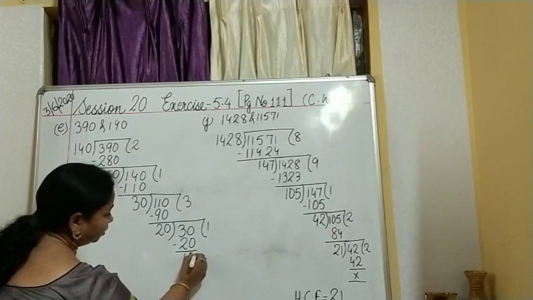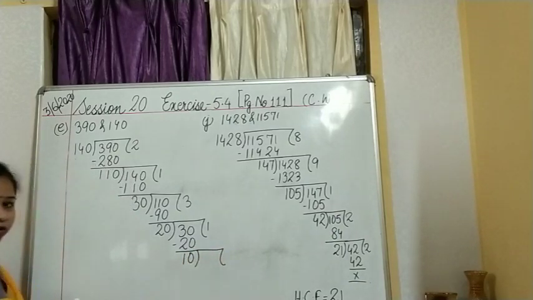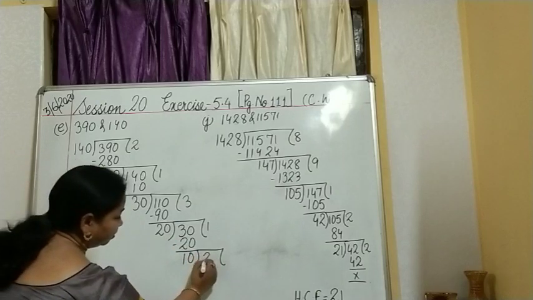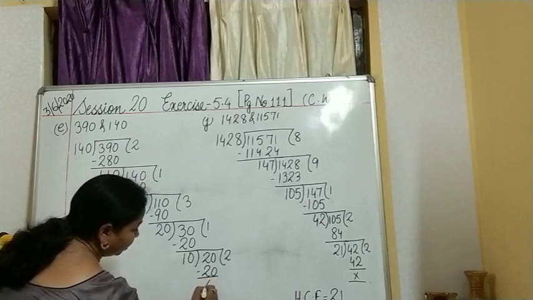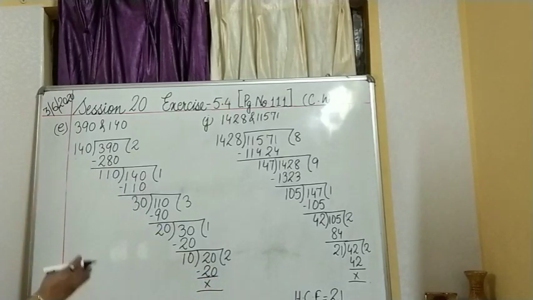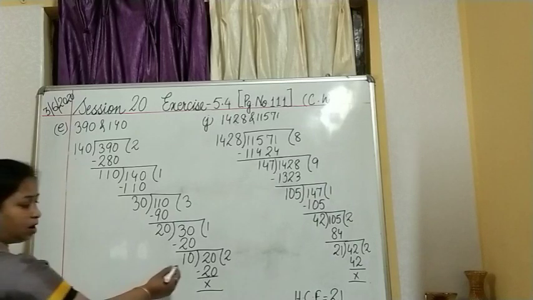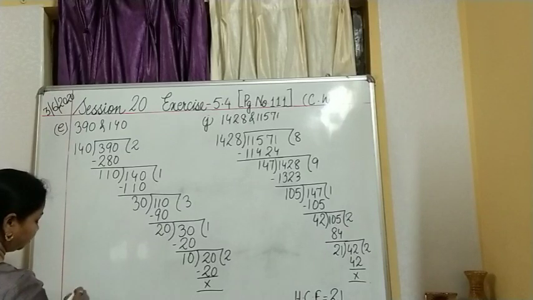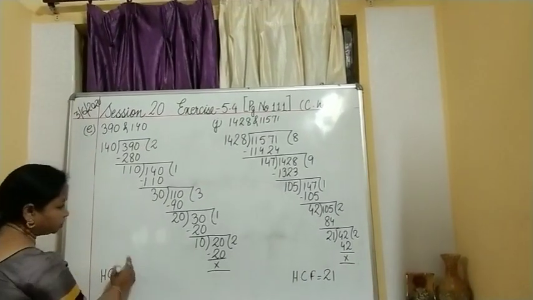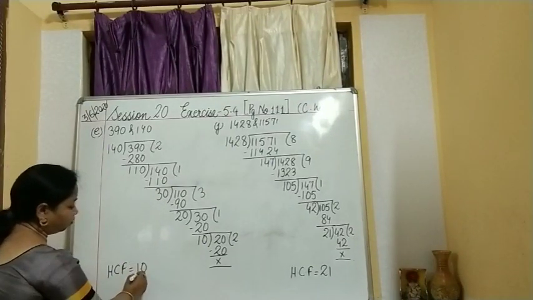So you will get 10 over here. What will be the dividend for this? 20. We write this: 10 2s are 20. Finally, we have reached the level where we are not having any remainder. But what about the HCF? Where is it? We have already done such a long division. Now the last remainder or the last divisor is your HCF, children. So what is the HCF for this number? The HCF is 10 over here.